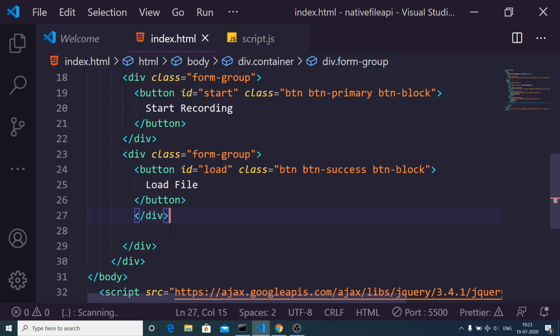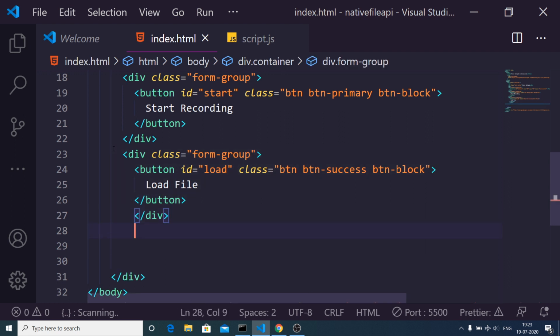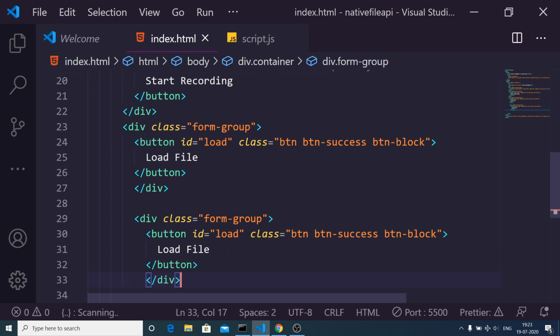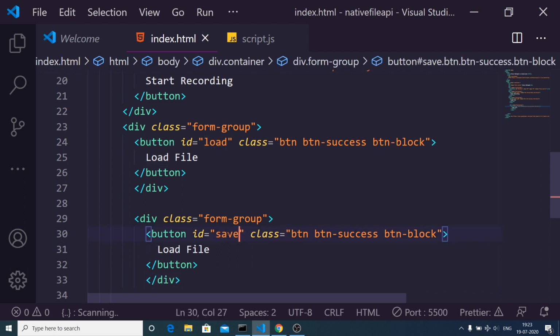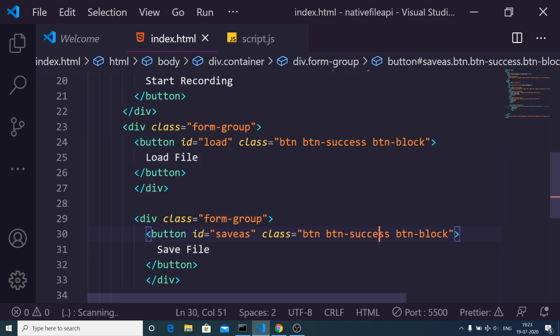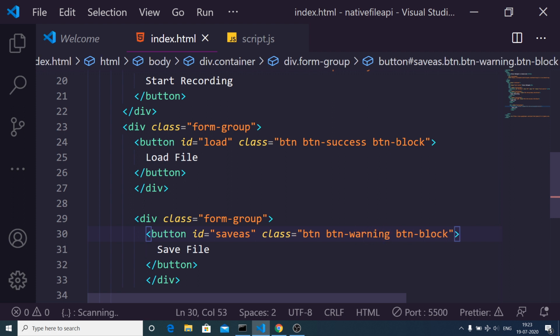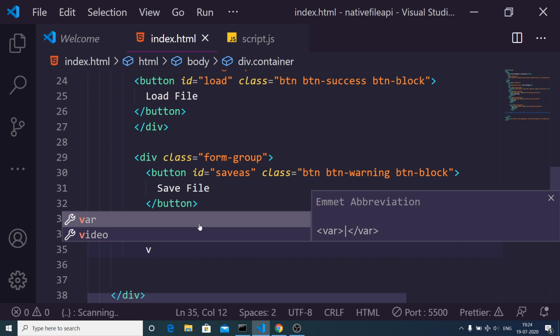What I can do here is copy this code 2 more times. The third one will be for save as. So this will be save file, and this will be, let's suppose, warning, and the last one will be for clear text.